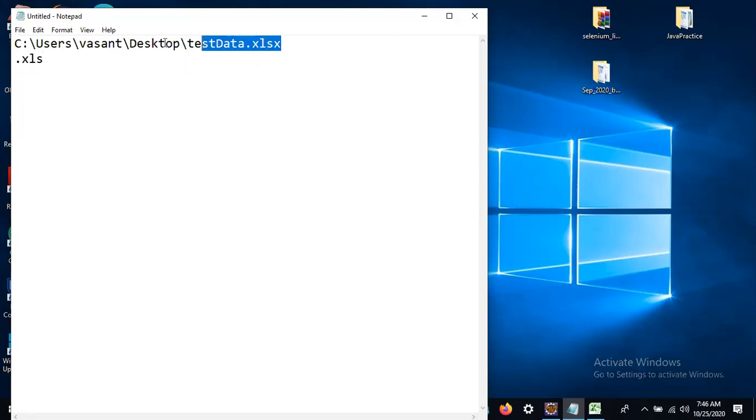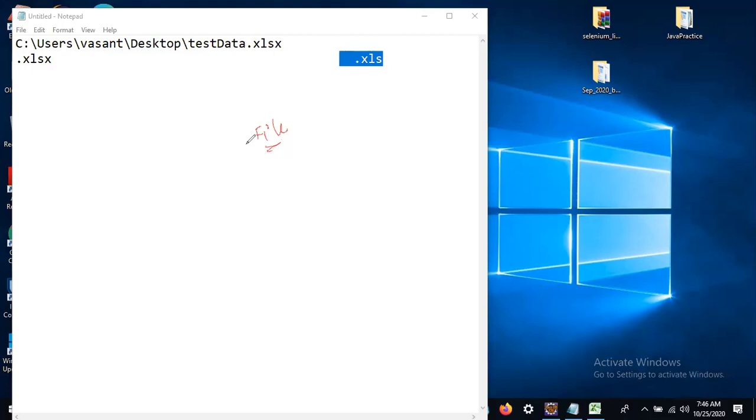If you want to interact with this Excel file with the extension .xlsx, we are going to use the API. First of all, to interact with this file, this is my file, and to interact with any file, we are going to use the file IO concept, file input output operation.